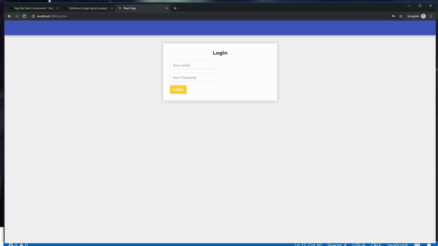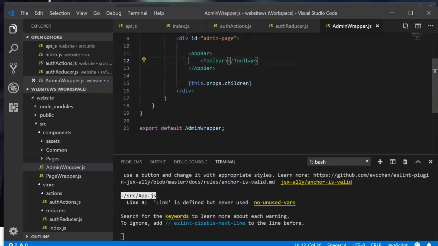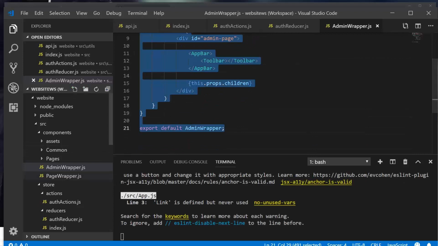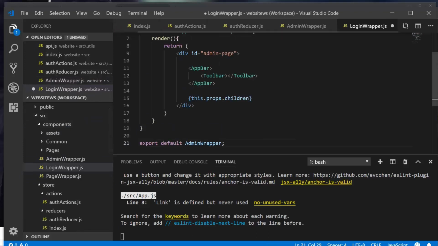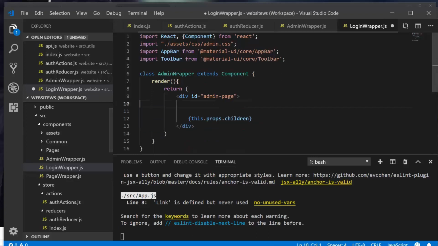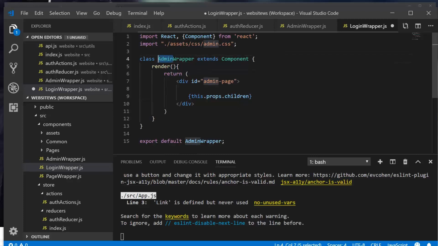is separate the admin wrapper from the login wrapper. So we're going to need a login wrapper as well. So what we'll do for that, I'm just going to copy all this and create a new component called login wrapper.js. I'm just going to paste this here, delete this stuff right here, delete the imports, and then rename this component